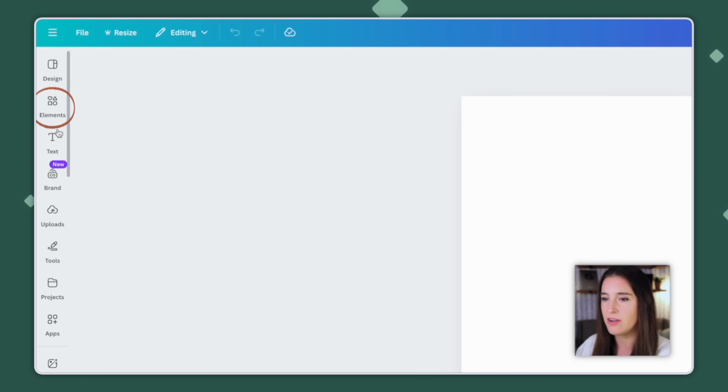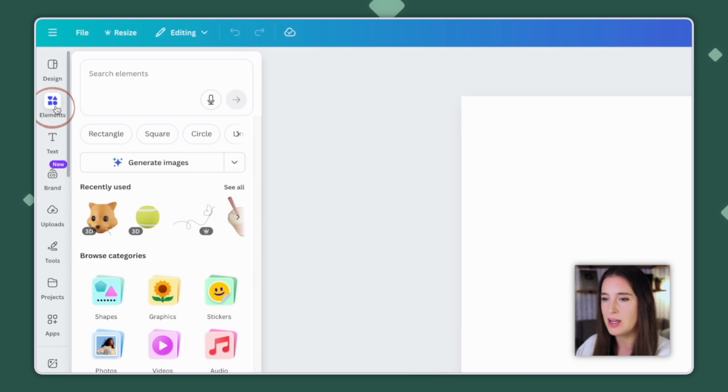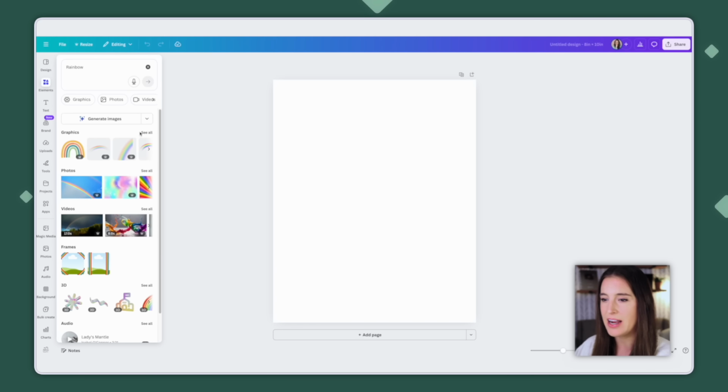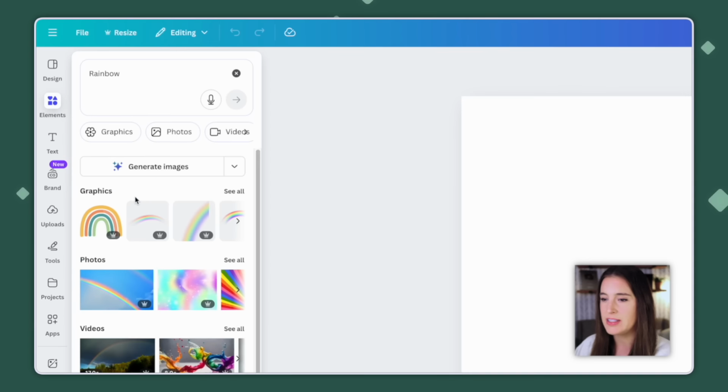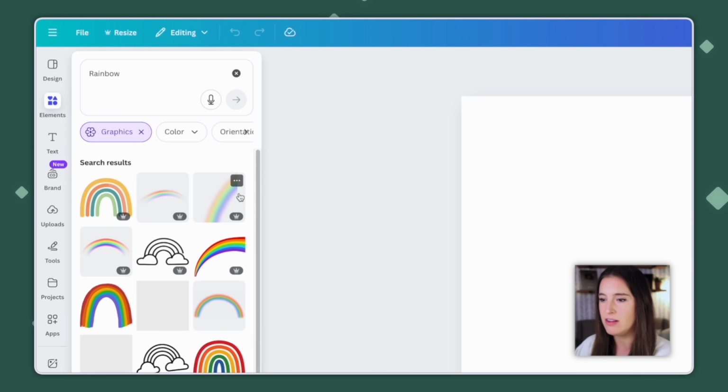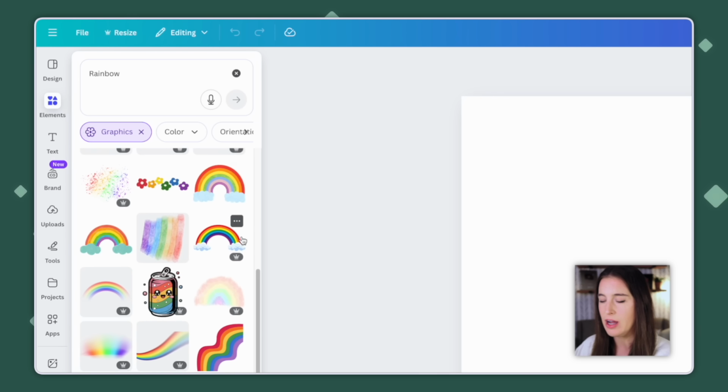You'll want to make use of your elements library here to the left side where it says elements. You can search for something you want. So maybe I'm looking for a rainbow, and Canva's got an entire library of all different types of graphics, photos, videos, frames, even 3D icons that you can use. So let's say I want a graphic. I can click see all, and I can scroll through these and choose the one I want to add to